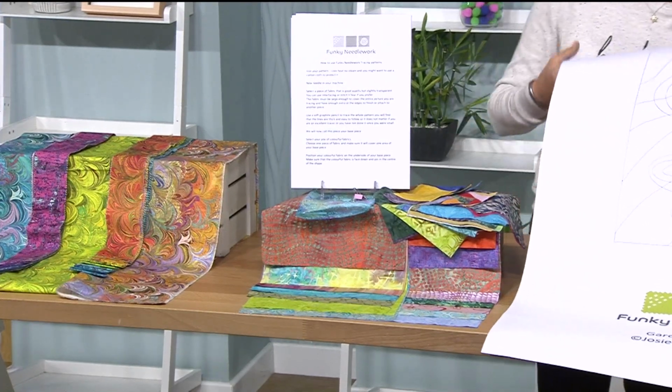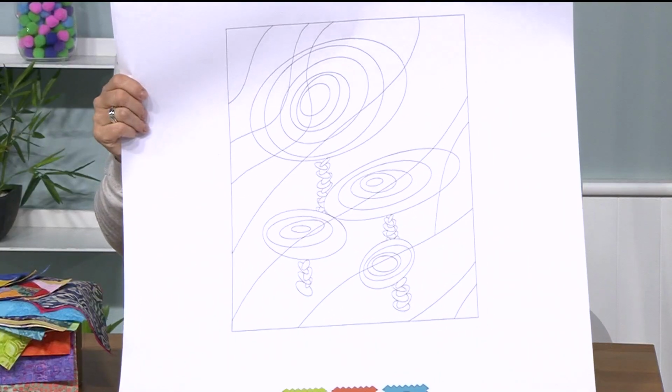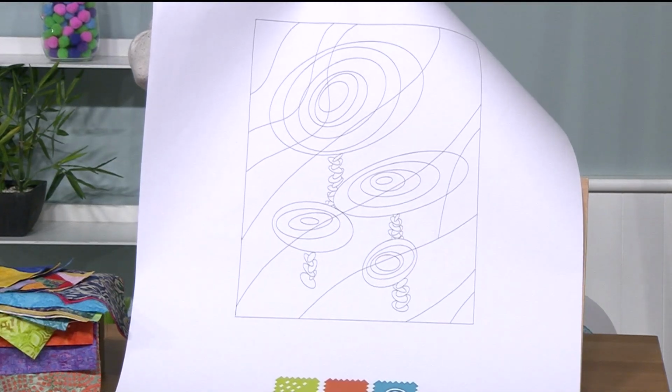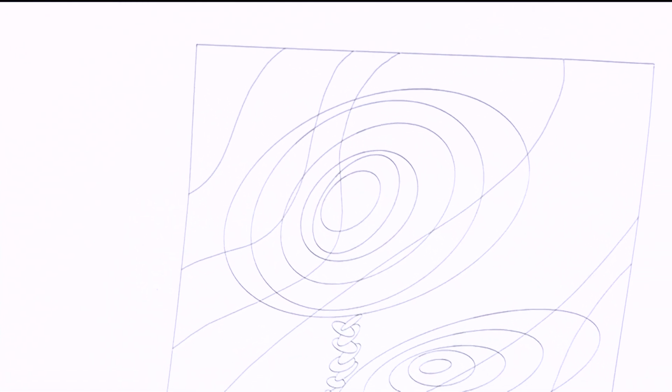The next one along, this is a nice interesting one. You can see this. There you go. Is this the garden? This is garden. How lovely. And again, we've got one of those almost finished, because I wanted to show you how to use the very, very end part of this. Now, you might not think that that looks like a garden, but it will by the time you've finished